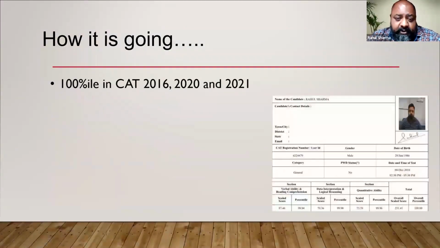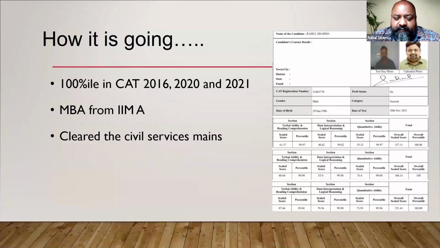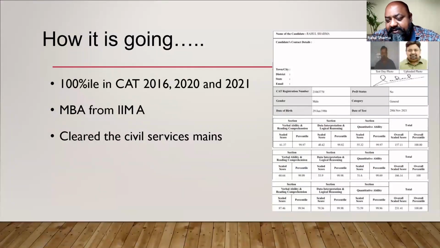I made it to IIM Ahmedabad. Since then, I've scored 100 percentile 3 times, in 16, 20, 21. And eventually, I even went on to clear the civil services का mains examination twice. Right? ये मेरे स्कोर कार्ड्स हैं. ठीक है जी. Point is,